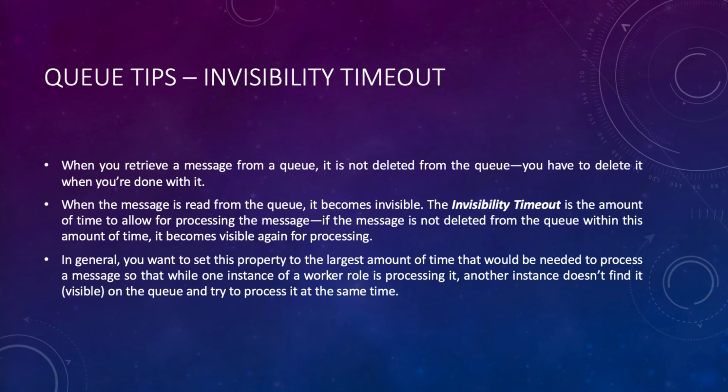So in order to avoid that, this is how we deal with that. Such a message, which is referred to as a poison message, can be prevented by checking the queue and creating a dequeue count for each message. If this exceeds some level, the processing of the message should be stopped. If not, the message should be deleted from the queue and a copy inserted in a separate poison message queue